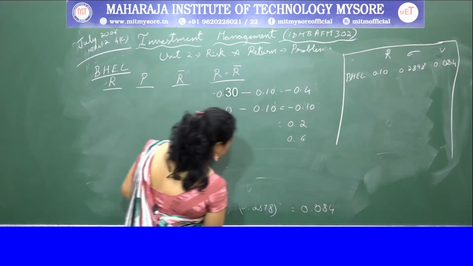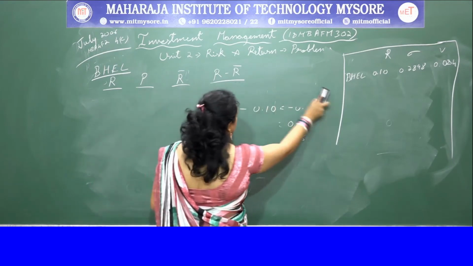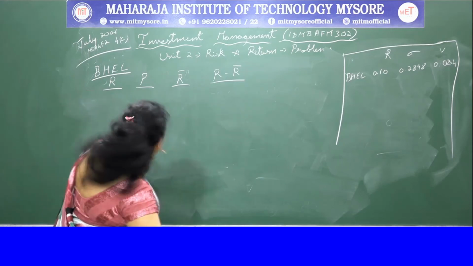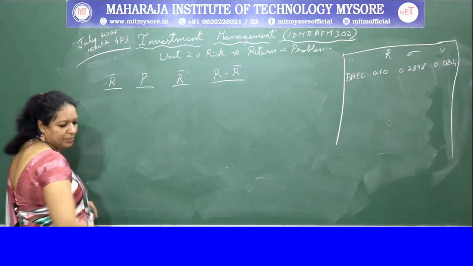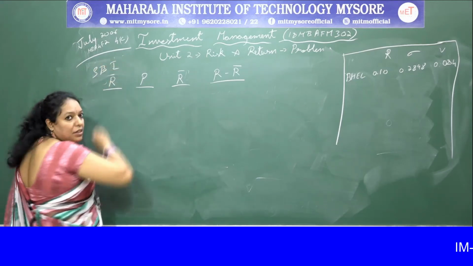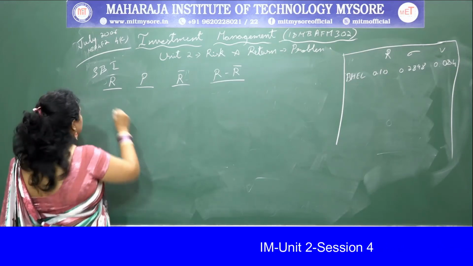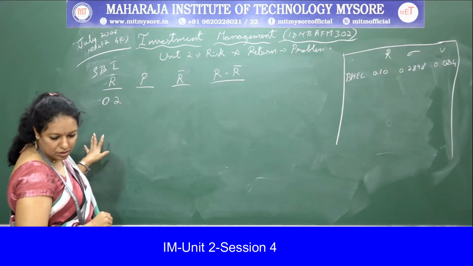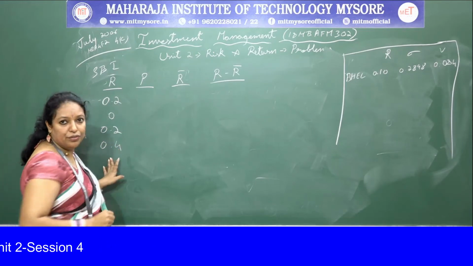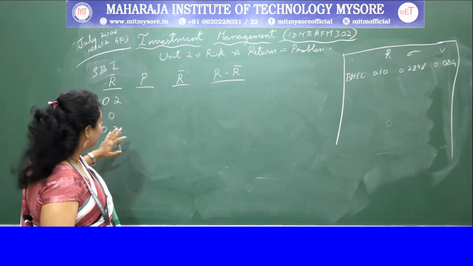The formula we could have retained, but we erased it. We'll take another company which is given in the problem and we'll follow the same method. Parallelly, by seeing the videos, you can also try to solve it. The data will take minus 0.2, 0, 0.2 and 0.4. So this is the data, and